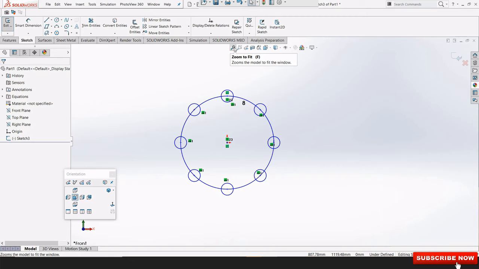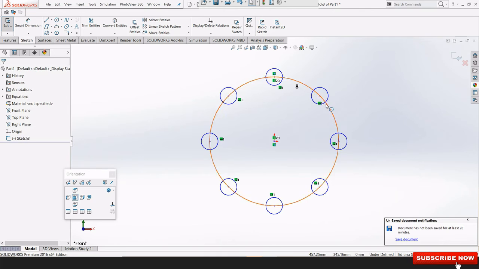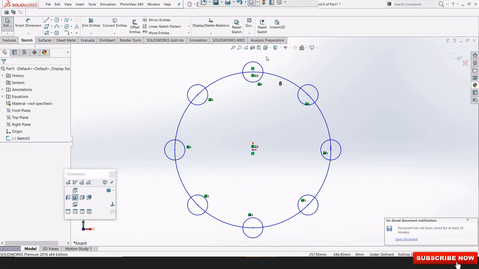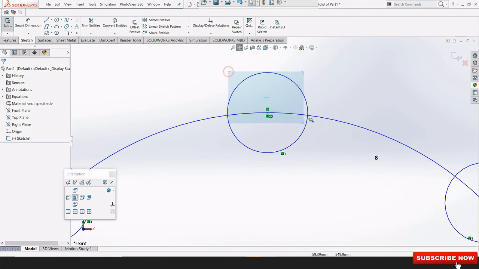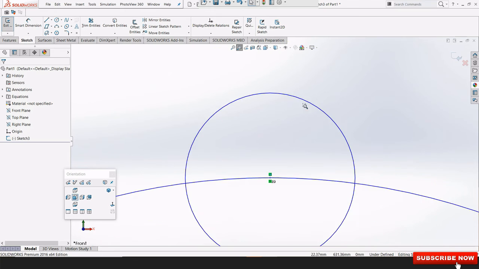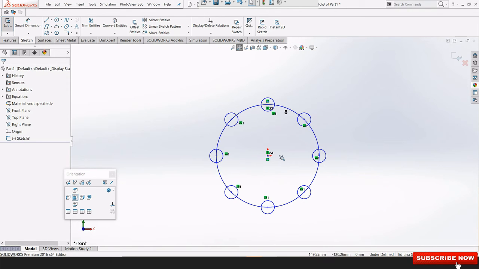This is used to zoom the sketch or your features. Then we have this tool which is used to zoom a particular area. You have to choose the selected area, that's all. You can also zoom by scrolling the center button of your mouse forward or backward.